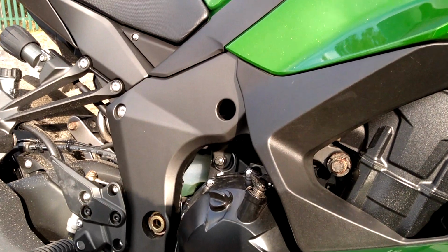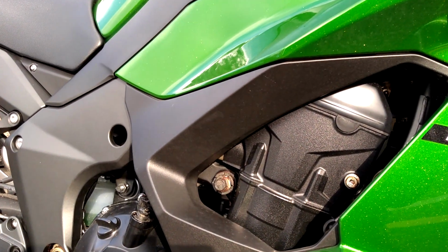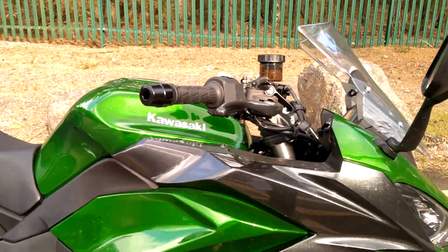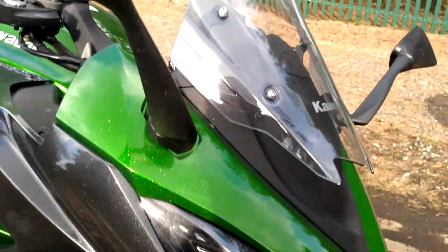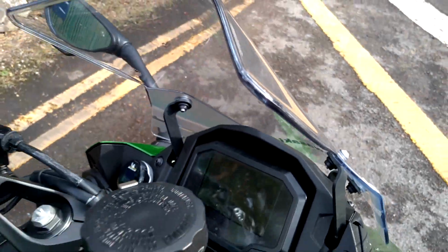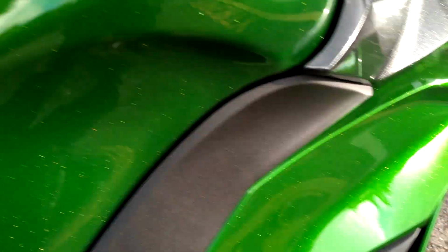They also do 3 special editions. You get the Performance, which is 11,999, the Tourer 11,999, and the Performance Tourer, which has both of the others together. And for those editions, the Performance model comes with a Akrapovic exhaust. Oops, sorry. Tinted screen. You get your frame sliders on the Performance model. A seat cowl for the rear seat,